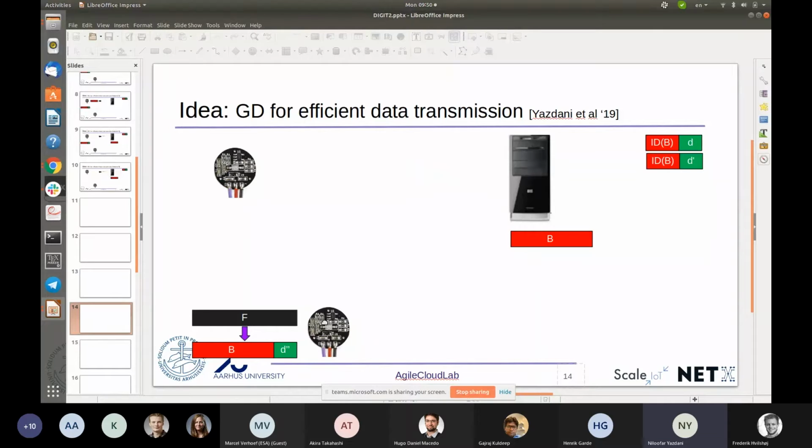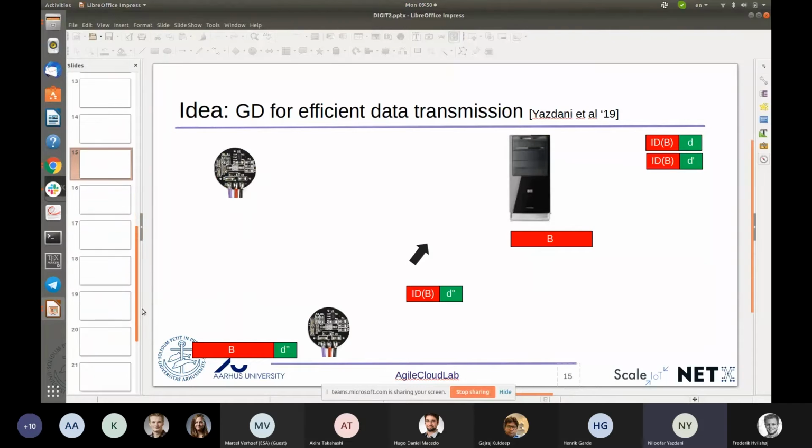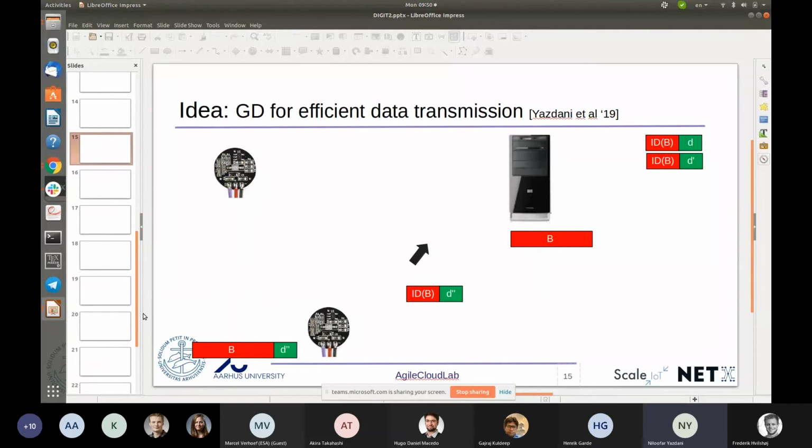We have also another source node in our network, and this source node has a different piece of data, which is mapped to the same basis, but of course a different deviation. Then this source node sends the basis ID and the deviation to the sink node, and the sink node checks whether it has the basis for this basis ID or not,